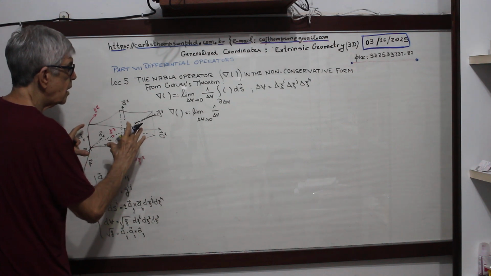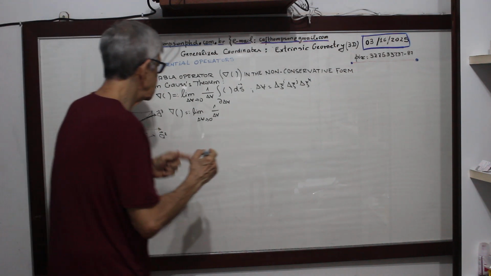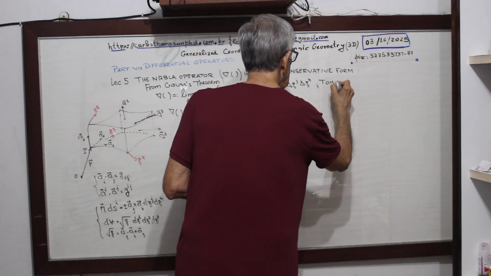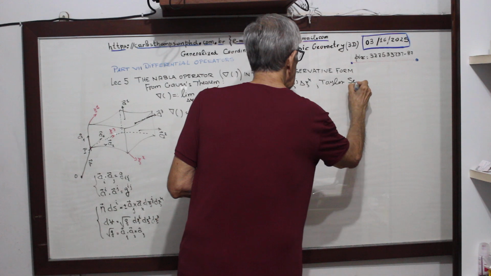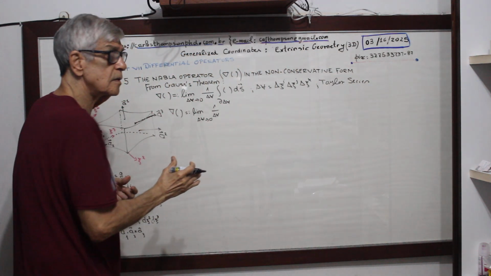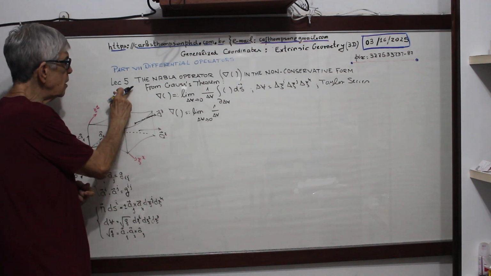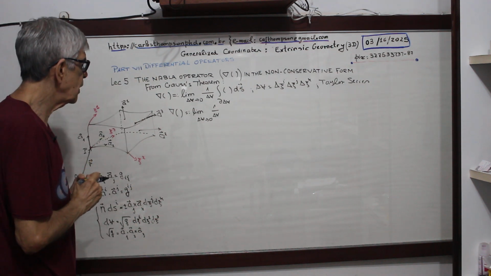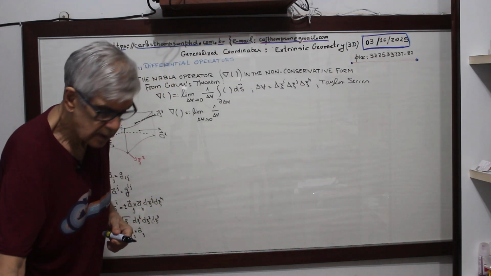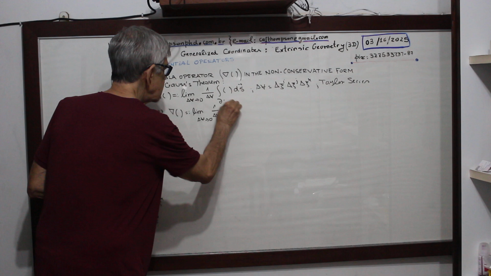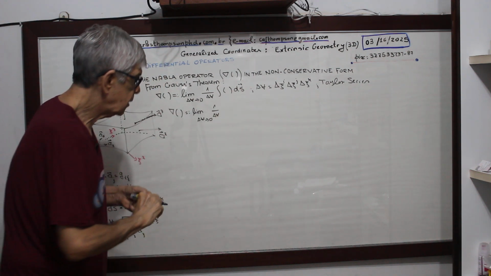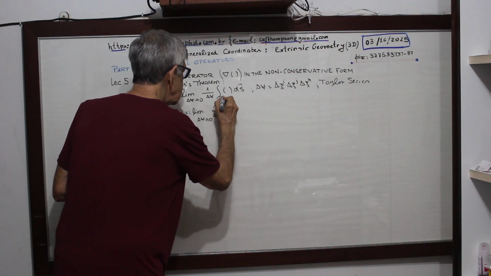I use the Taylor series here, exactly what we did in lecture 3 of this part 7. So I can write, over the boundary of delta V,